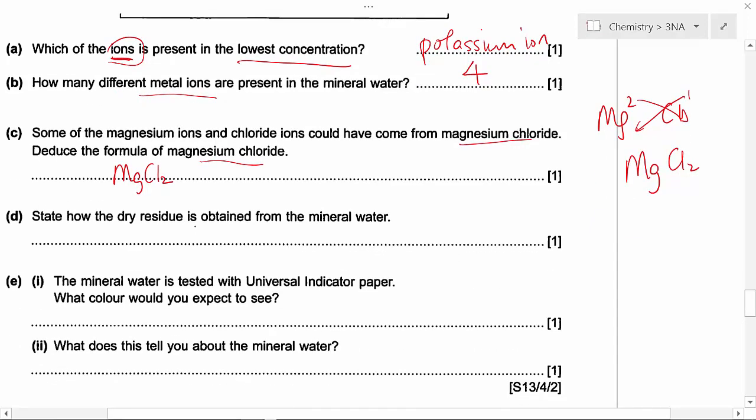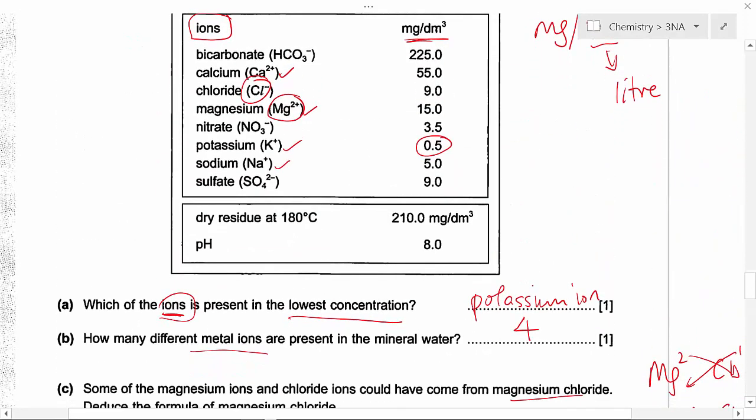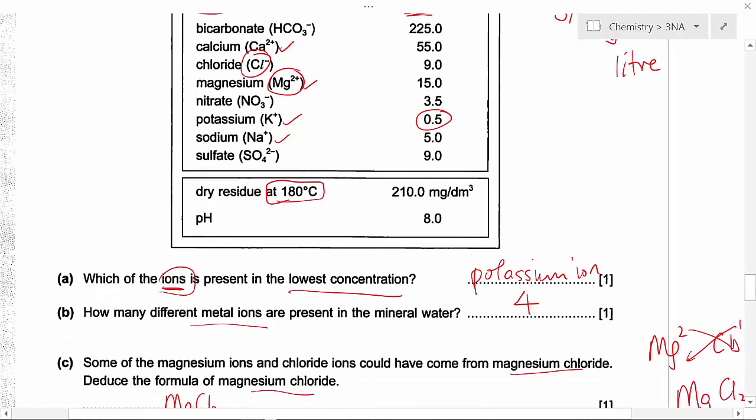Now, state how the dry residue is obtained from the mineral water. Look at this. What does it mean? You're actually boiling off the water. Okay, evaporate by heating at high temperature, so the water will evaporate. In fact, water boils at 100 degrees, right? So water's boiling point,